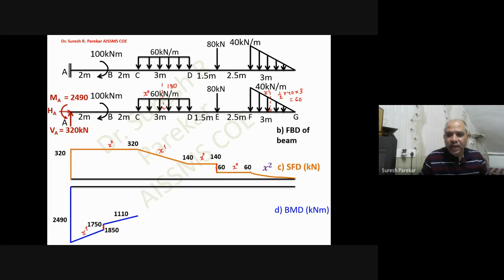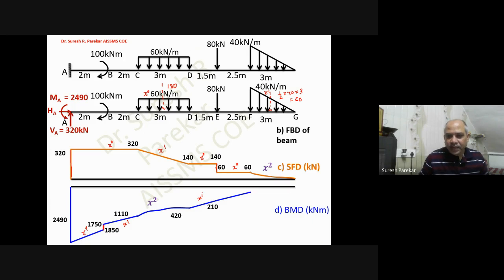Here you can see 80, because 140 minus 60 is 80. So we have 80. Here also we have 320 kilonewton. So here we have a vertical line. Then we have this as x to the power 0, this will be x to the power 1. Now it is x to the power 1, so we will get this value, that is x to the power 2, and the value we have is 420 kilonewton meter. Then we have this as x to the power 0, so this comes x to the power 1. The value we will have is 210.